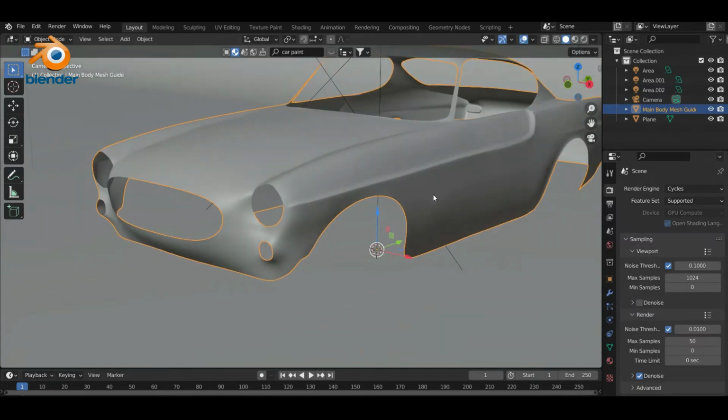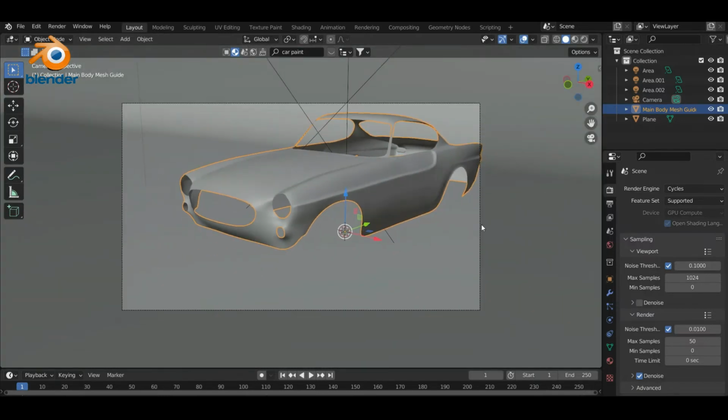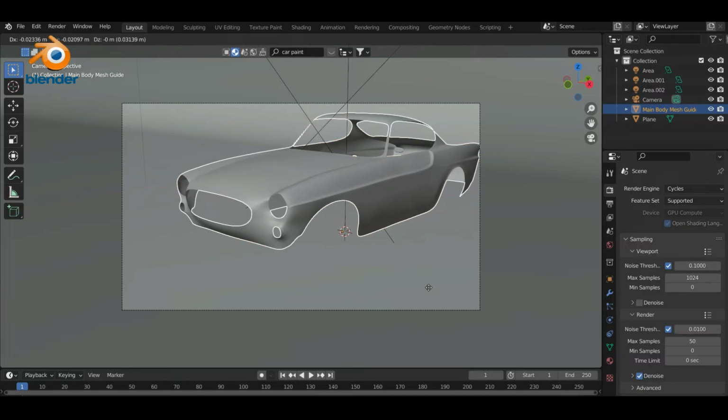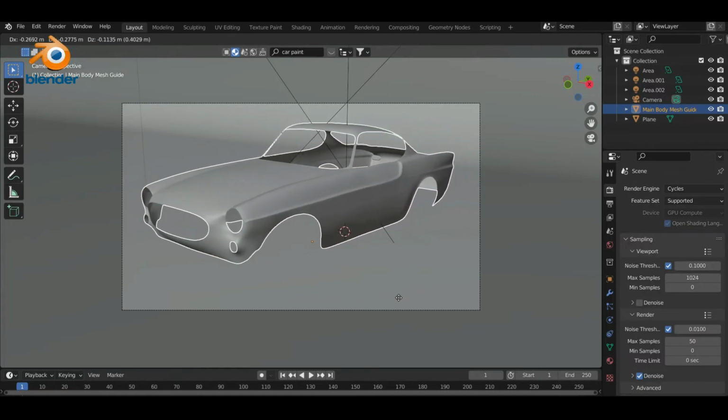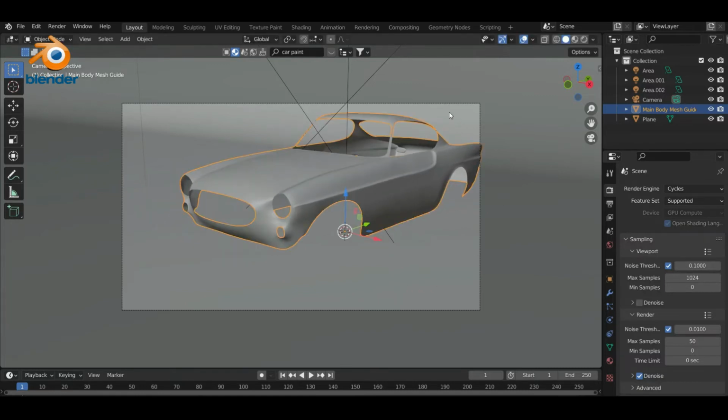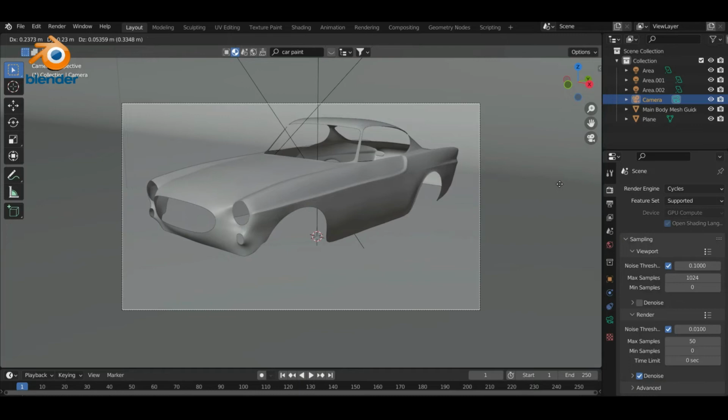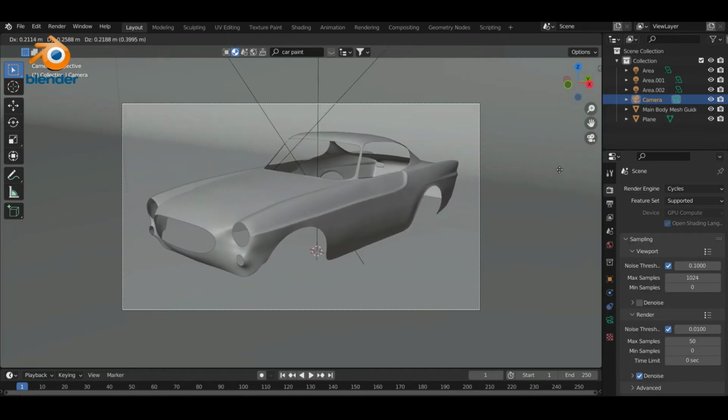Okay, so scroll out and then you can simply position it in the viewport by pressing G and moving it. Actually, not that, grab the camera to there and press G and move the car into that, okay, into the